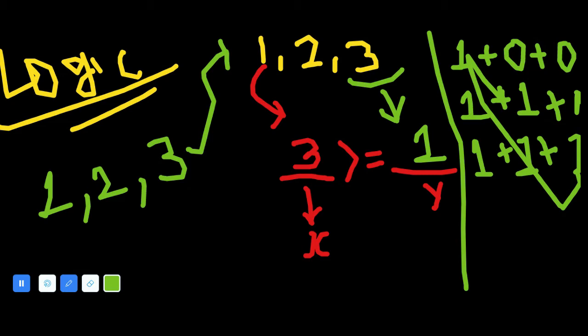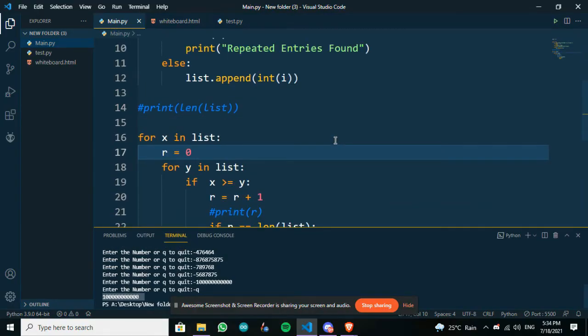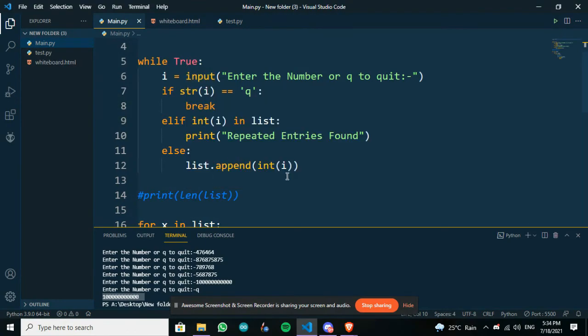So using this simple logic you can implement it in our program, and I basically used this logic to build that program. So now let us jump again into VS Code. I will one more time explain the code. Okay, so we are back on our code in VS Code, and as you can see I just declared an empty list, and then we take input from the user repeatedly.